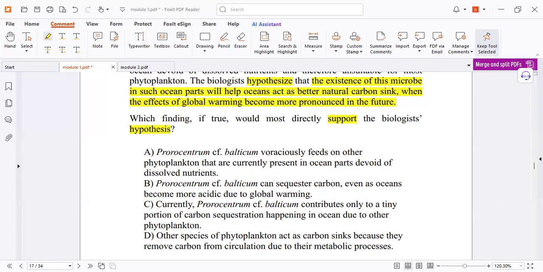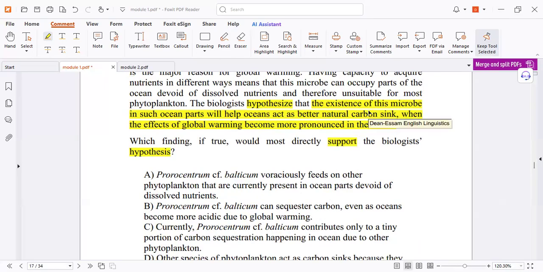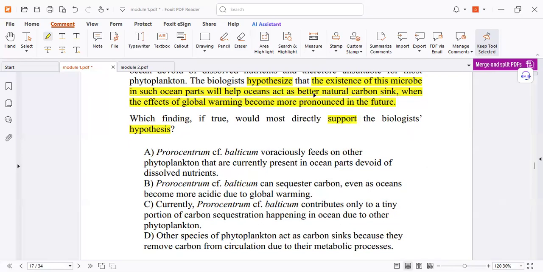Is it D? Letter D? No. Look for the existence of this microbe. It's a conclusion about this microbe, not about other species. So no D. But why didn't you focus on